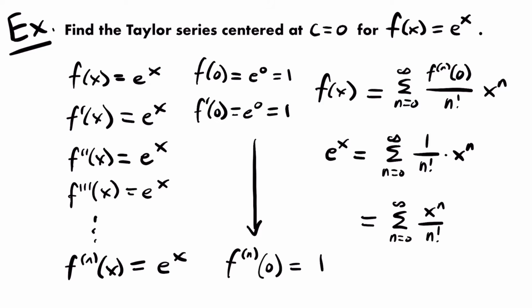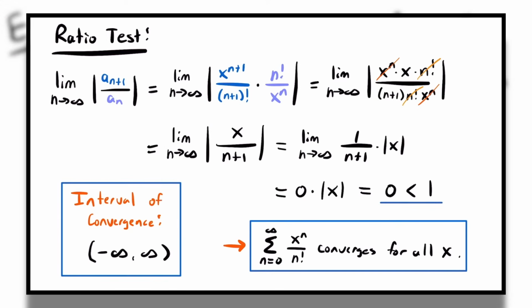All right, but we're not quite done yet. At this point, we need to determine the interval of convergence for the power series that we just found. And that's actually nothing new at this point. You would just use the ratio test for this series to find the interval of convergence. That's not really the focus of this lesson, so I'm just going to put the work up on the screen here, and you can see how we would use the ratio test to determine the interval of convergence,